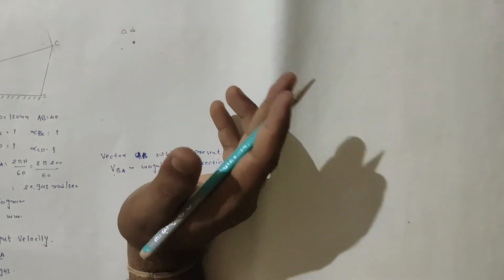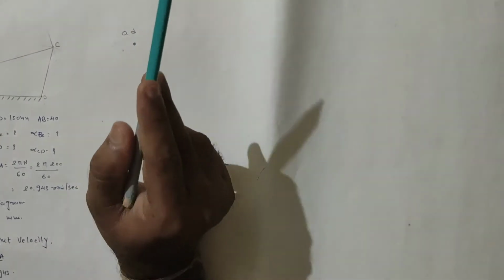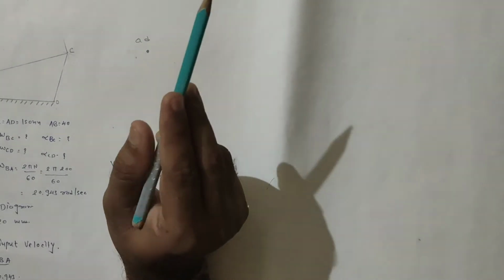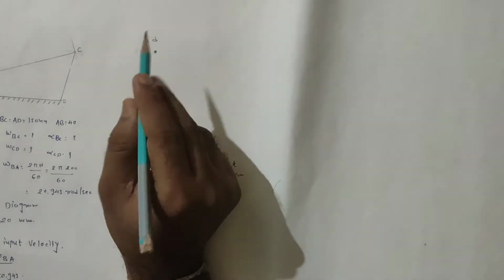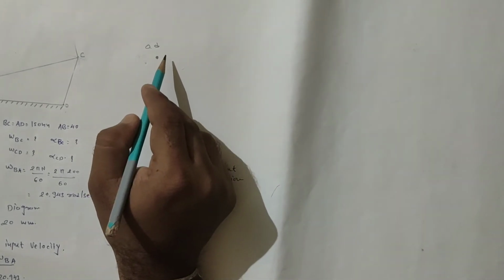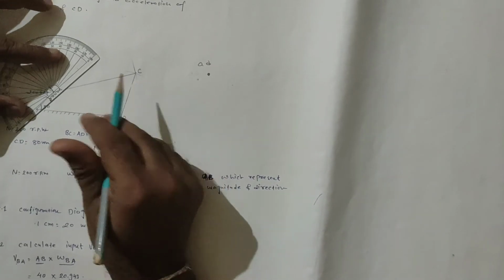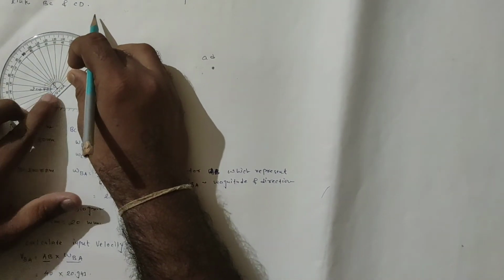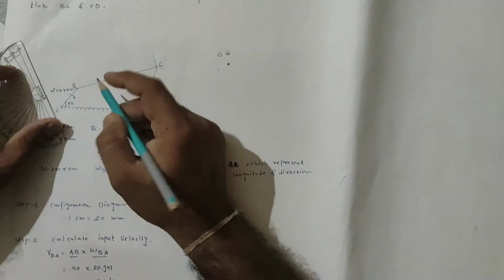Now, as we know, when we represent the velocity diagram, the main point is that the velocity is perpendicular to the link. Okay, so when it is rotating, it is tangential to the link. So here AD is our fixed point. Then over here, this is the link. First I place the point here, and from point B we have to consider 90 degrees over here. I have to draw one line.